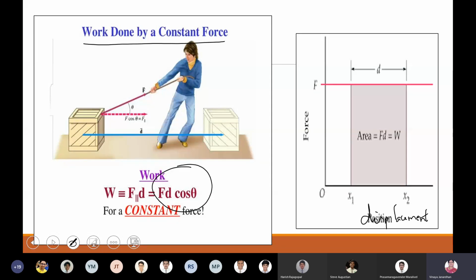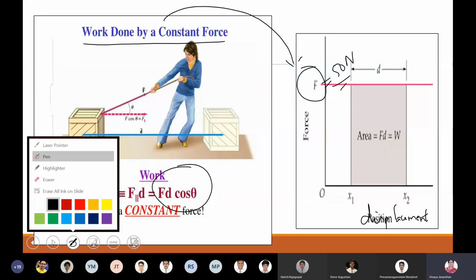Jatin, what can you say about the nature of the force? Look at the graph. Look at the force displacement graph. What can you state about the nature of the force? Ma'am, it's a uniform force. Yeah, because it becomes equal to 5. That's why it is a constant force.